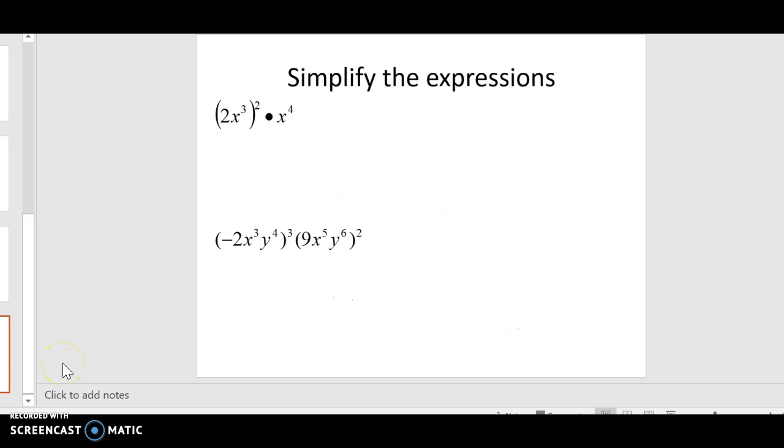Couple more examples here. This, we're going to go x to the third to the second, so 2 to the second is 4. X to the sixth times x to the 4